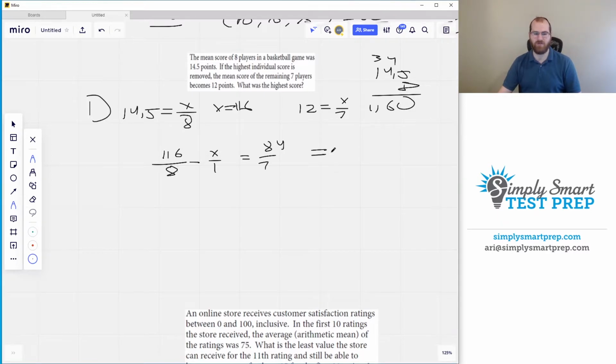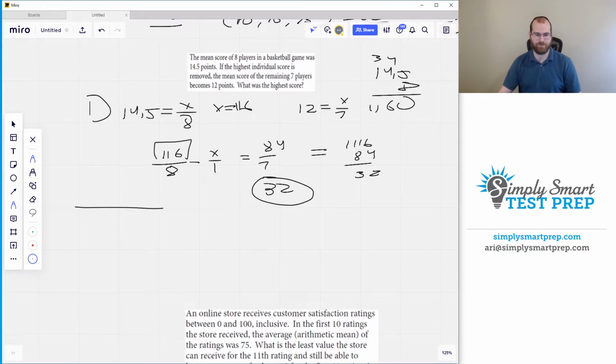And I could just solve for x. It's going to be 116 minus 84. That's 32. And that missing score is going to be 32. So I map it out, keeping an eye out for any means and converting as possible to this tops total. Whenever I see the mean score of 8 players is 14.5, as soon as I see the mean score,